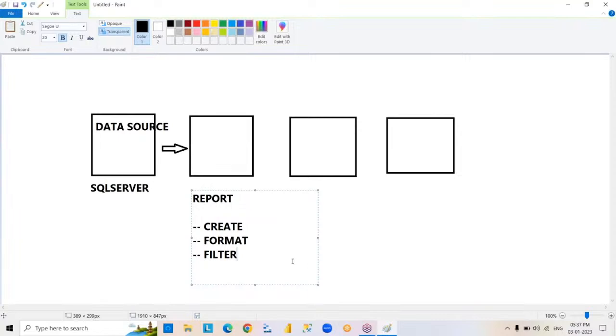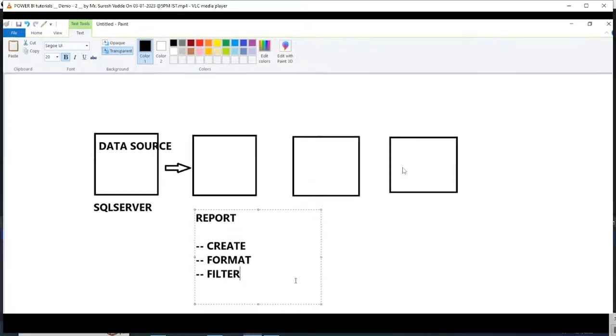That we are going to do with formatting. Then filtering data inside the report. Suppose you created some report. How to filter data? For example, now we discussed different employees, different departments. So you created a report with all employees' and all departments' data. Now there is some